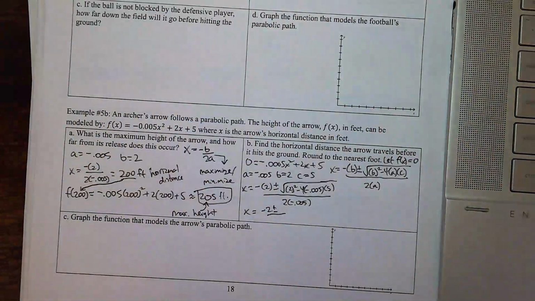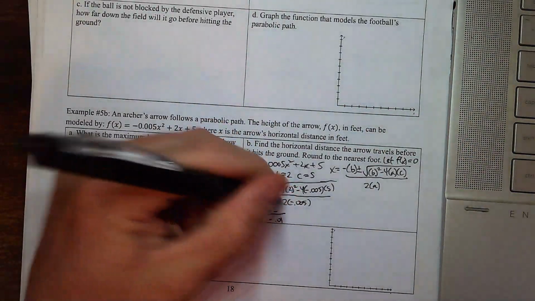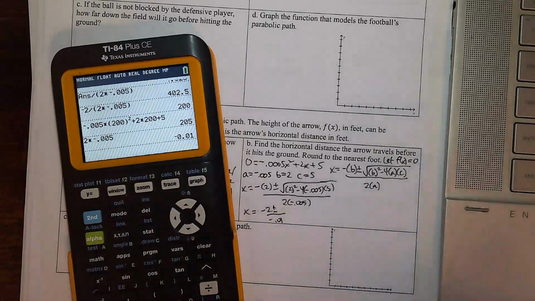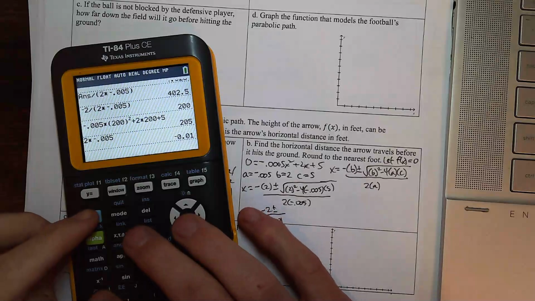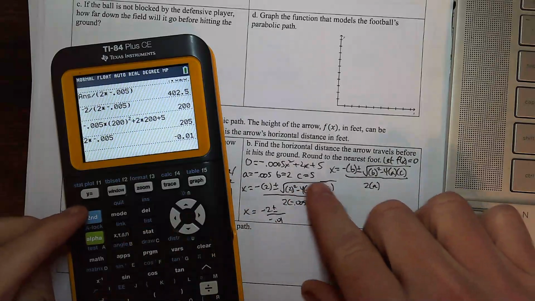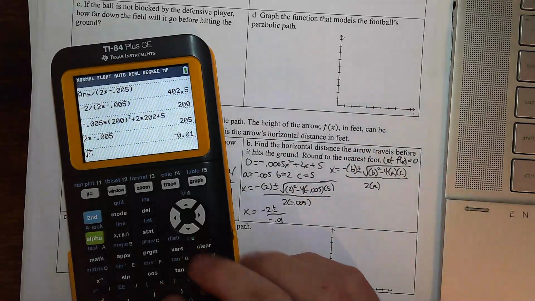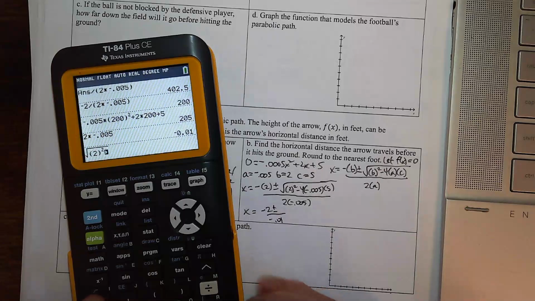That's negative 0.01. Now, this time I'm going to do something a little different. I'm doing a real world scenario, so they want to know to round to the nearest foot. So instead of keeping it in the simplest radical form, where you find what's underneath the radical, the discriminant, and then simplify it, I'm going to type in the square root because this time what I want to do is